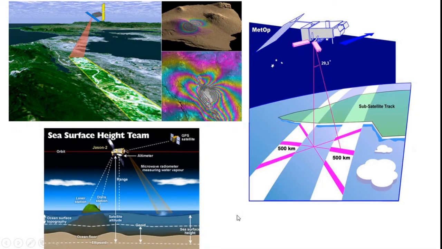And last, this is the altimeter. Altimeter is used to measure the distance, or you can call it altitude, from the satellite till the mean sea level, or you can call it the ellipsoid. So altimeters are used to capture short microwave pulses and measure the time to determine their distances from the sensor.